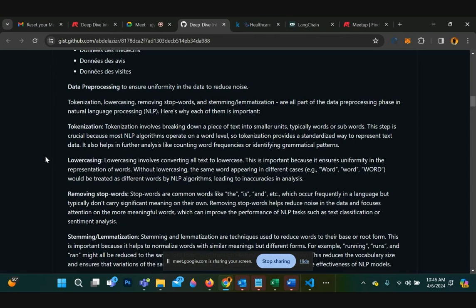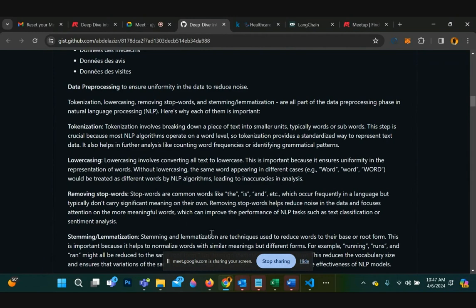There's also removal of stop words, which have no meaning, or minimal meaning to the sentence. Words like the, is, and, etc. And there's also the stemming and lemmatization of words.